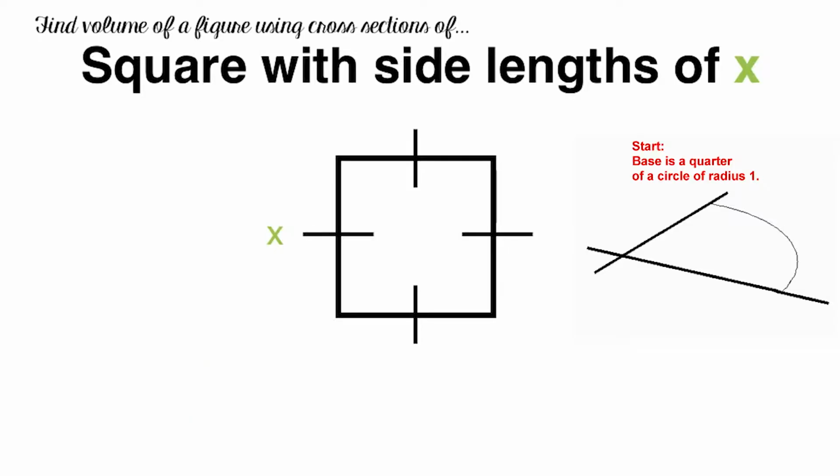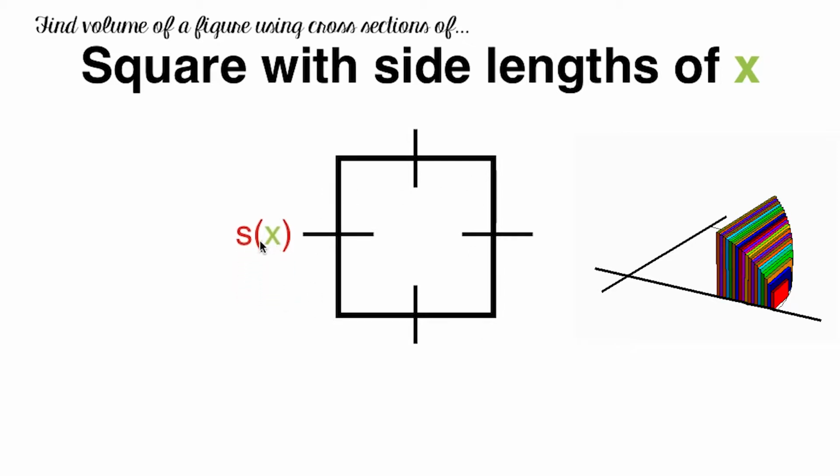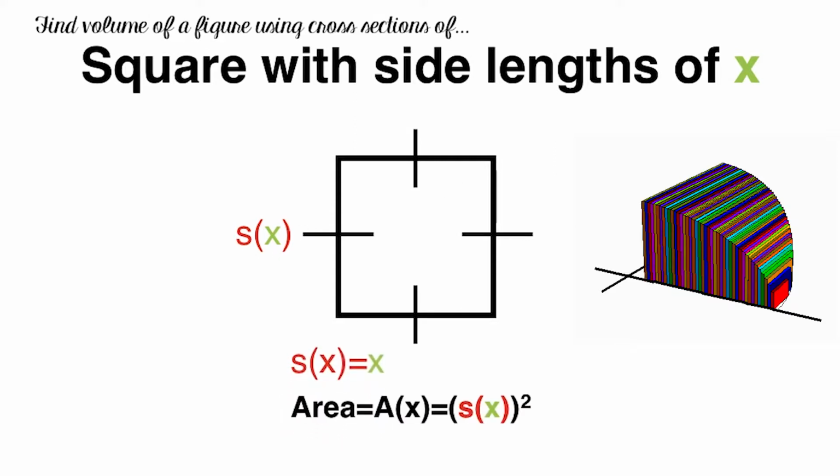To find the volume of a figure using cross-sections of squares with side lengths of x, where these are the side lengths, the side lengths can also be expressed as a function s of x. So, as you know, the area of a square is the side length times the side length, or squared. So, given that, your area function is then A of x equals s of x times s of x, or